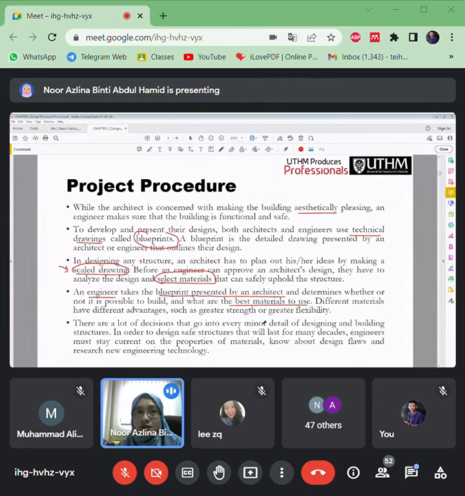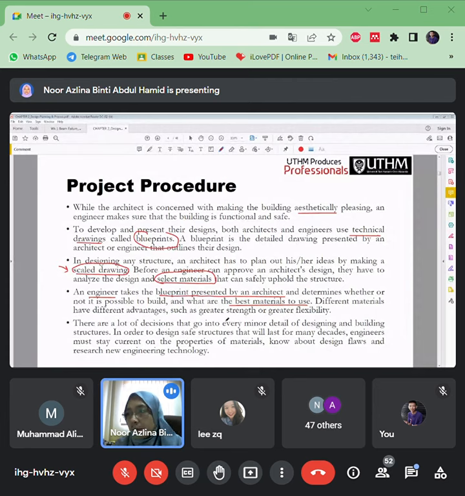Let's say for the sizing, they want a column size of 200 by 200, but once we try to design using that size, it couldn't work. It's not safe, there will be huge buckling and so on. So we have to come up with another size, let's say increase the size. These are some changes and discussions that we should work on together with the architects.